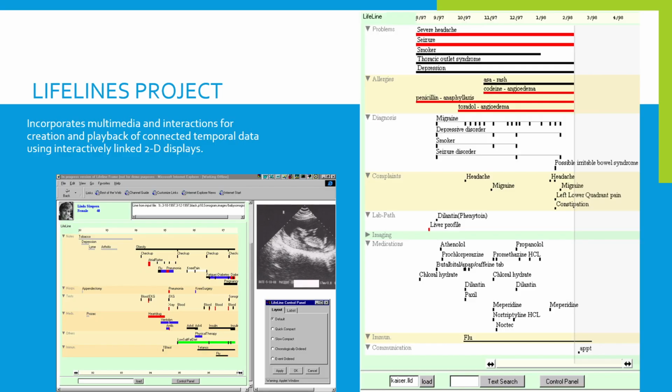Then we have Linda. This is a female that from 92 to 94 was a smoker. I'm going to use the pointer. Then she was a smoker, and at the beginning of 92, she was diagnosed with depression.